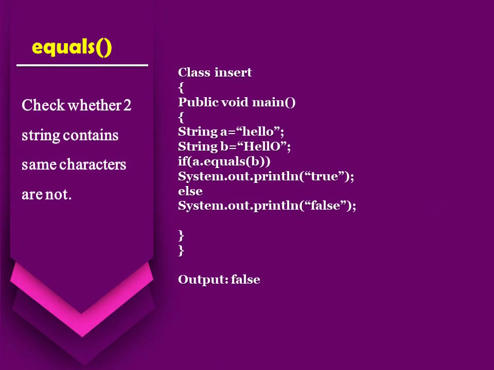Next we'll see comparing two strings. There are two different methods used for comparing a string. One is the equals method. So we are checking whether the two strings have the same characters or not. So here string A and string B, the same spelling is there but different cases are given, and you are checking with the equals method. So it will consider the cases also. So even though the spelling is correct, the cases are different, so it will print false. Because the small h and capital H are not equal, because it will consider the ASCII value. So this is about the equals method.